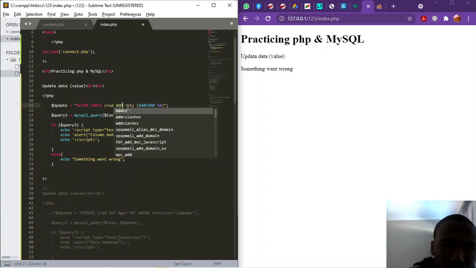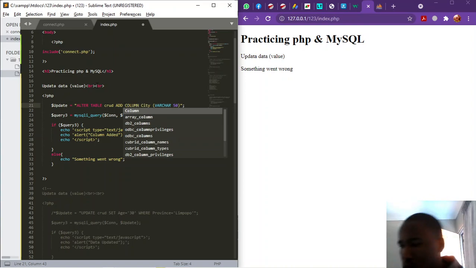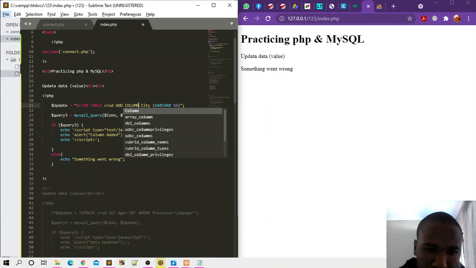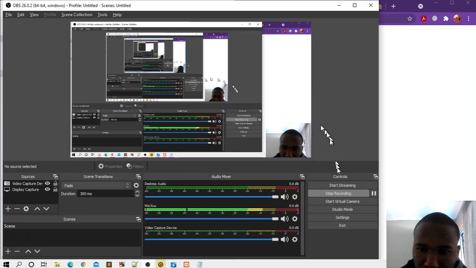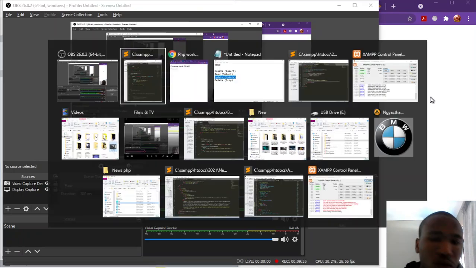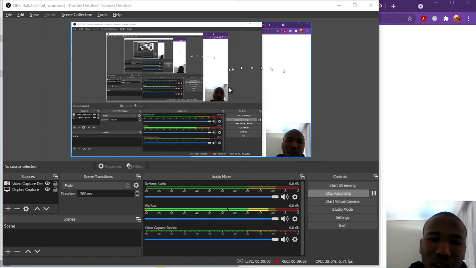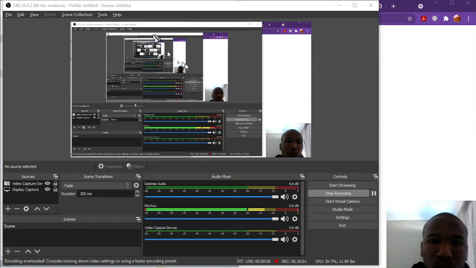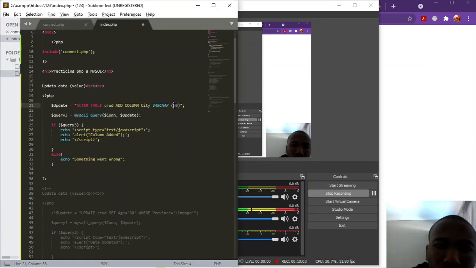Guys, it took a while here, so I paused the video. Okay guys, my error was simple: the 50 should be inside the brackets, not outside, and then some other column.